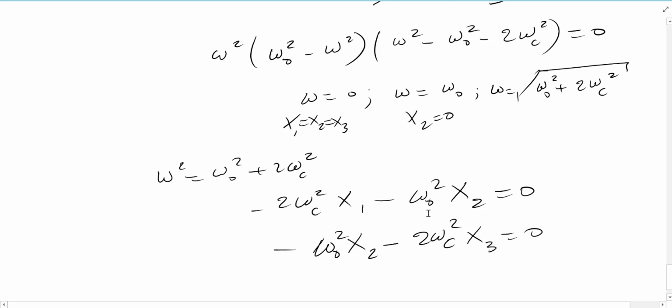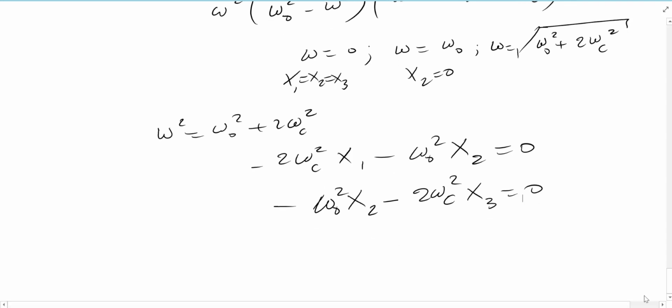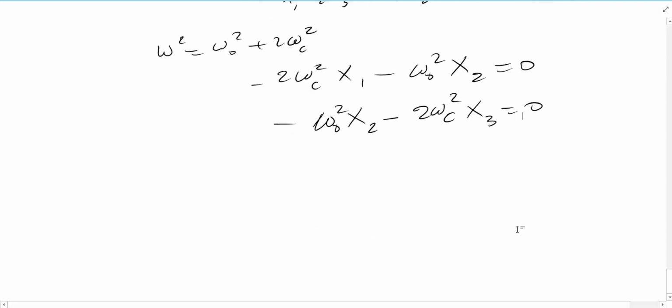Obviously, if I solve these two equations together, x1 and x3 must be the same, because if I subtract the equations side by side, these will cancel, and this will give me identically that x1 is equal to x3